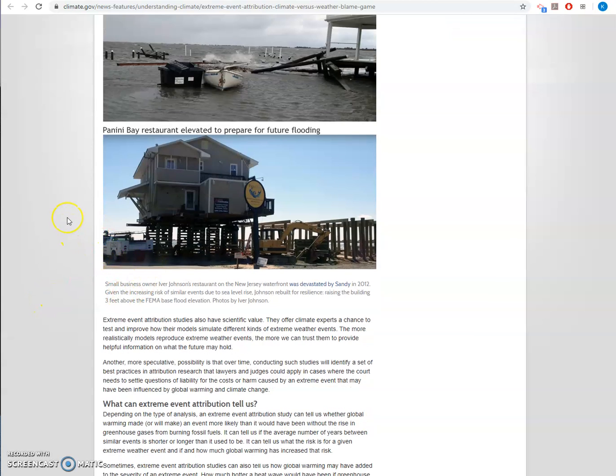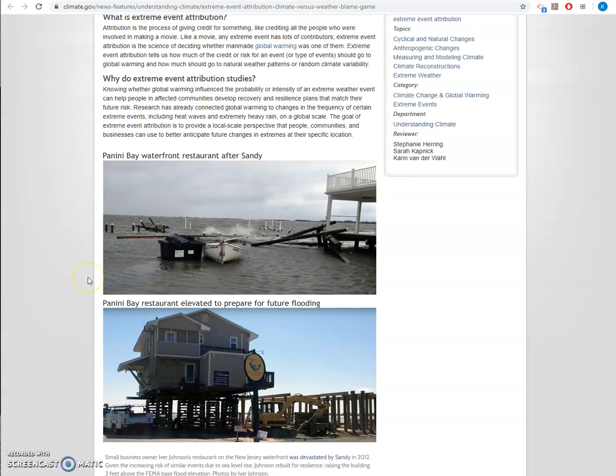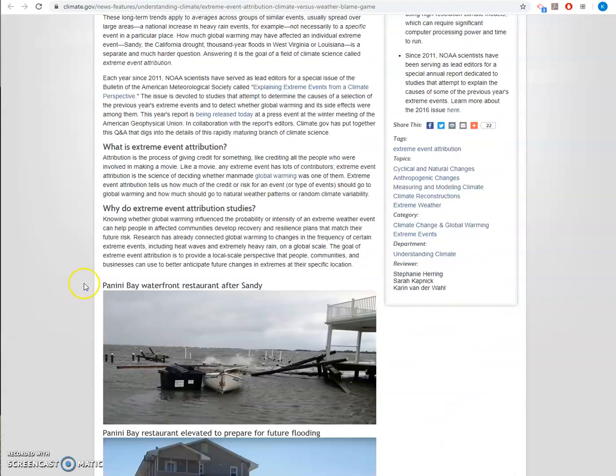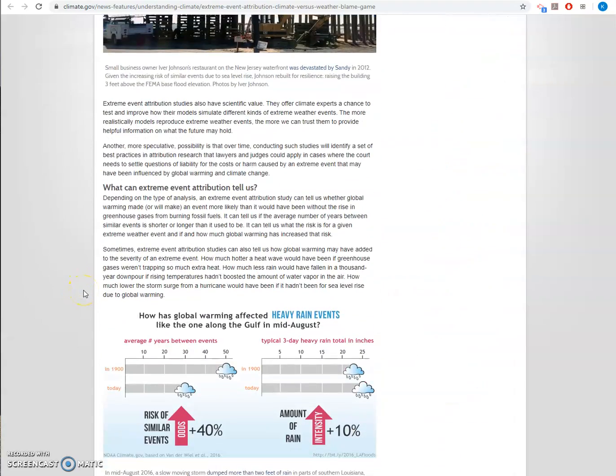This is kind of like if you go and look up pictures of the Outer Banks, North Carolina, you'll see a lot of the buildings are up on stilts, or they're moving them because the shorelines are going away and things like that. So these things are related to this climate change situation.